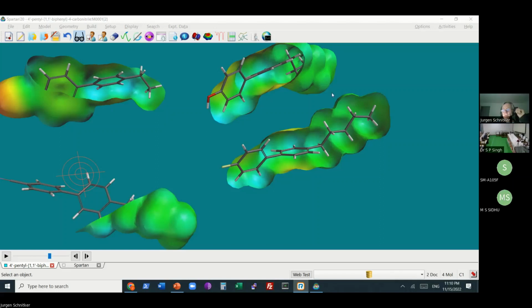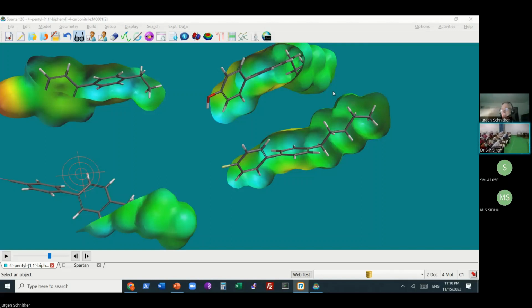What method did you use? I was currently working on Gaussian, with silver atoms. When I was using B3LYP, it was not giving me appropriate results.